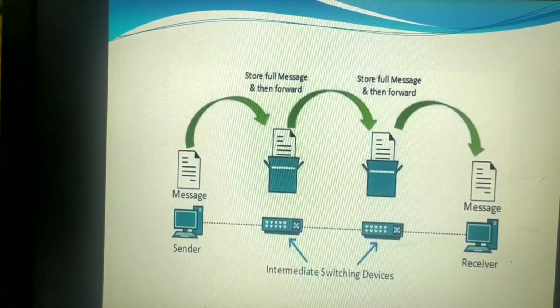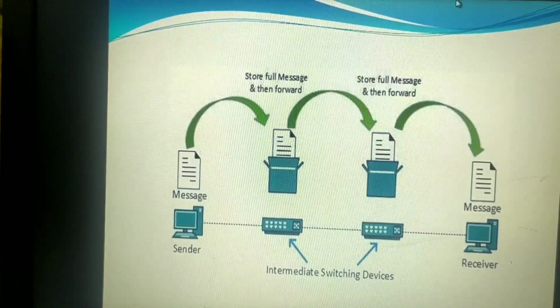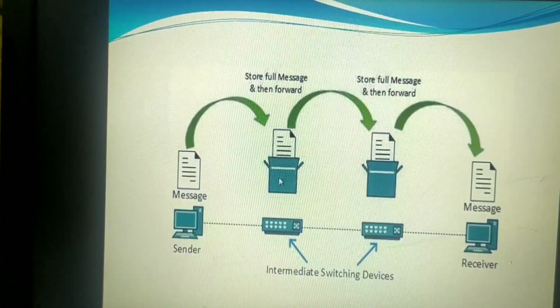Okay, just as in the post office we have that post office box where you drop the letter, that is nothing but the buffer. In the same way here also, all those switches will have certain memory so that those packets will come and be stored for some time until they are forwarded to the next switching office. In the same way that 400 KB will come and be stored in the buffer of the switching office. Next, the switching office will look at the destination address. Depending upon the destination address, it will examine and forward to the next nearest switching office.